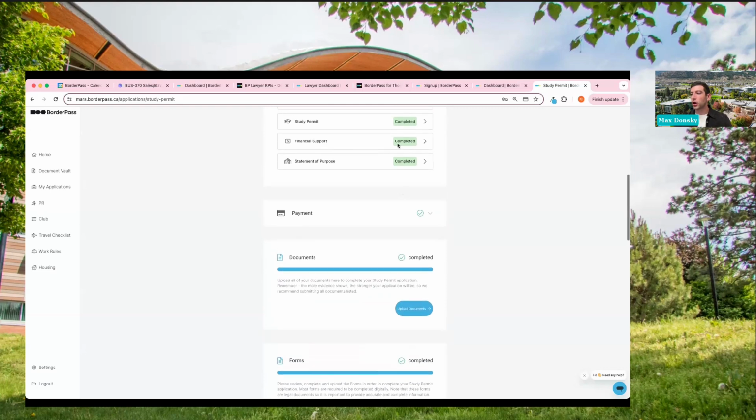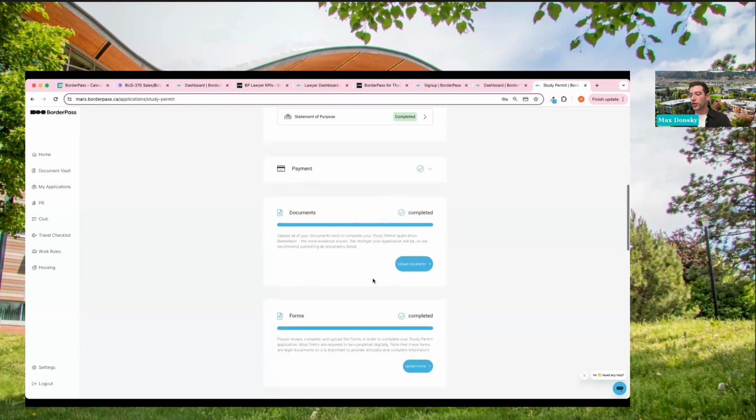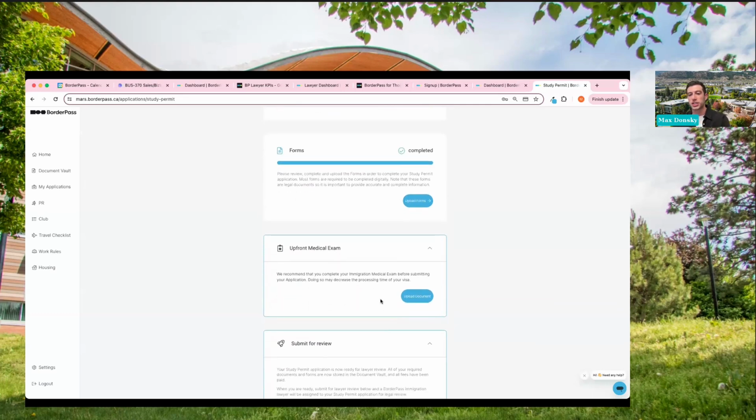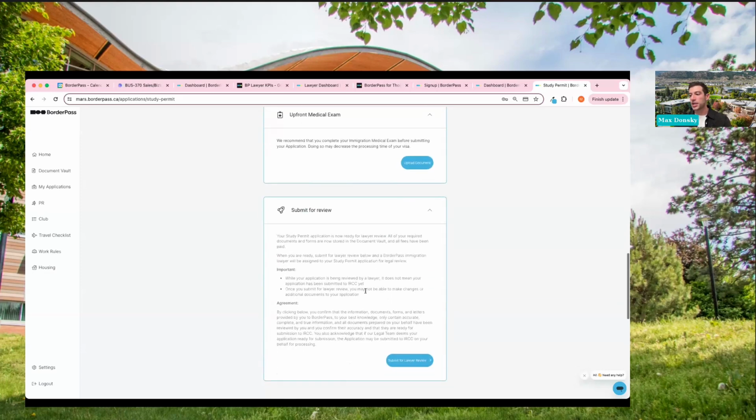So as you can see, all the assessments are completed, all the documents and forms are uploaded. IRCC does require or recommend a medical exam to be completed, so make sure at some point to streamline the process, you upload a medical exam as well. And as you can see here, submit for review is now available for me to click because I've completed the